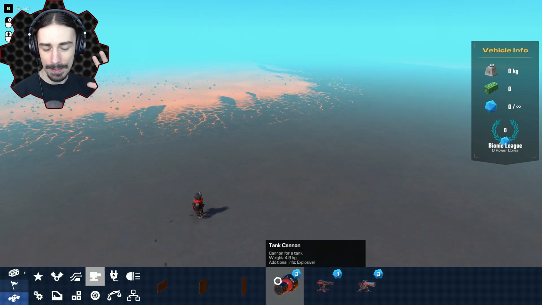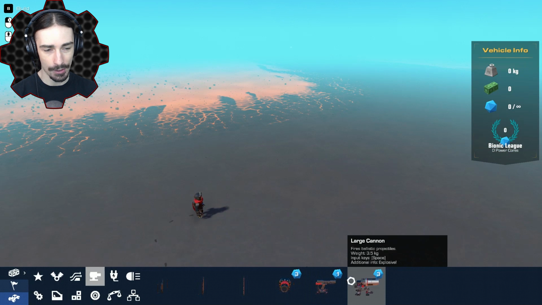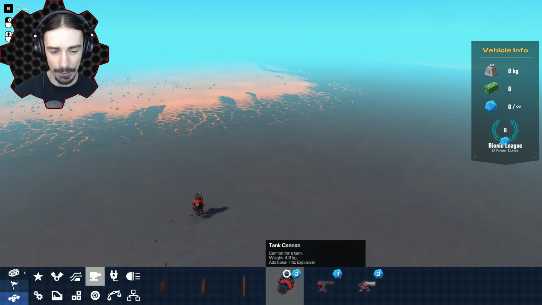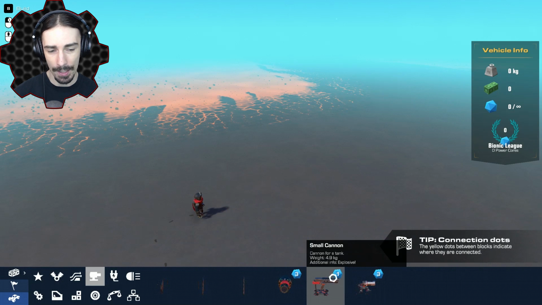Today we're going to be attempting to build a creation that flies purely based on cannon power. Now, we've done something similar a while back before this cannon existed, and we were using the small cannons and the large cannon here, but this tank cannon is particularly powerful, but also particularly slow. And now that I say that, I don't know what the timing is for this compared to the other ones,